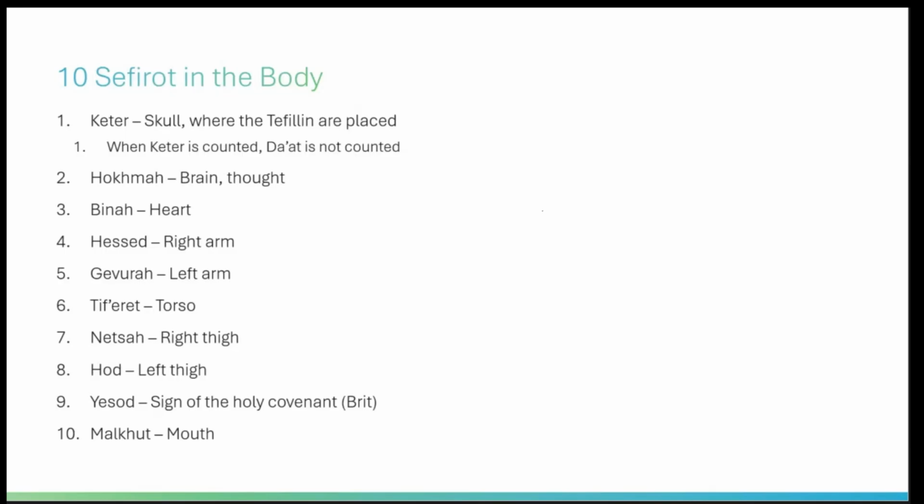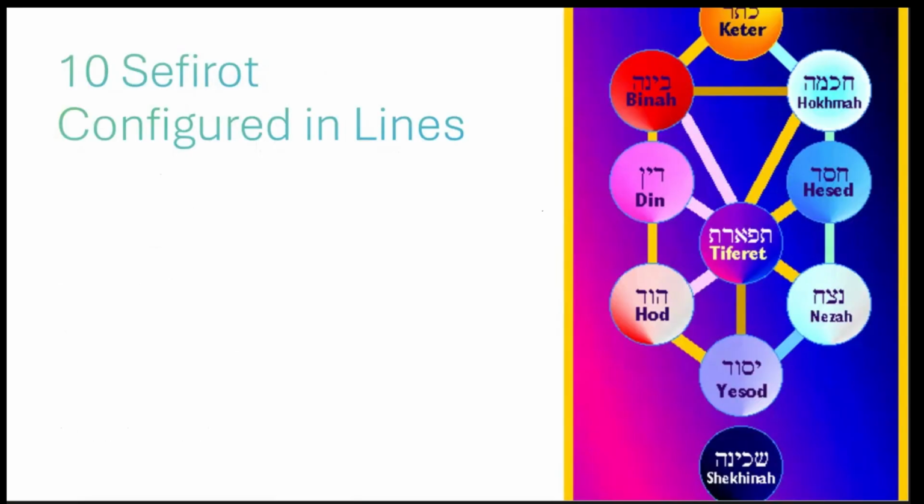I may be wrong. I don't know the whole Tanya by heart, but from what I can remember, Bina is associated with the heart. We think of it as an intellectual aspect, and the reason for that is because the heart is also considered a place of understanding, not only the brain. I find this in the Torah. The Torah talks about having a lev la'da'at, a heart to know. And I find it in Talmud also.